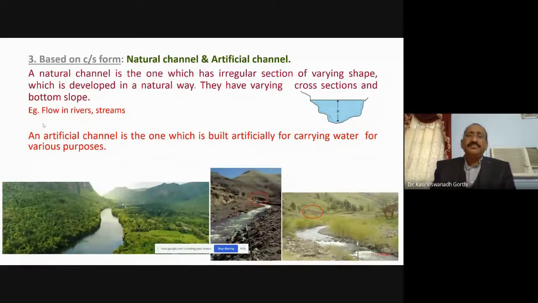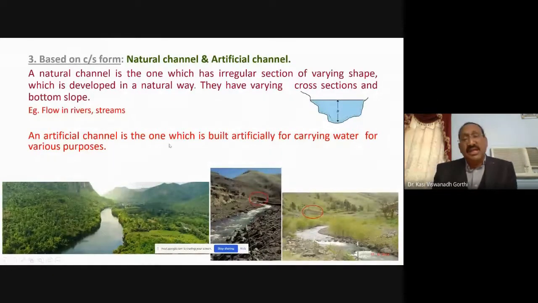A natural channel is the one which has irregular section of varying shape, which is developed in a very natural way. How the streams and rivers are developed? Just by having a flow from high level to low level, higher energy level to lower energy levels. So if you take a cross section of such type of rivers or streams, there is no specific regular shape. So the shape may be something like this. So this is the irregular shape. So this type of irregular shape may be there for all the natural channels because they are formed in a natural way. They are not man-made channels. So flow in a river is the best example for a natural channel. Flow in a stream,